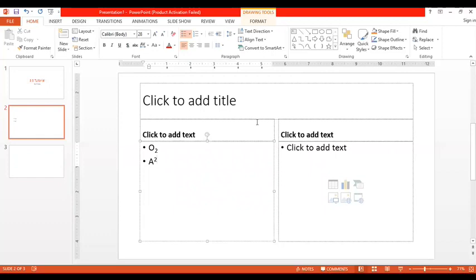Then another thing is the paragraph. For paragraph, I'll go to slide 3.